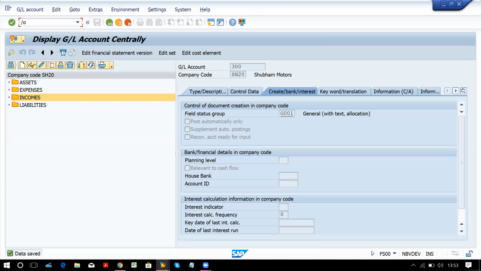You can memorize them, or if you practice on a daily basis, they get remembered automatically. So F-02 is the T code for posting GL entries, that is, GL documents or journal entries. So press enter.